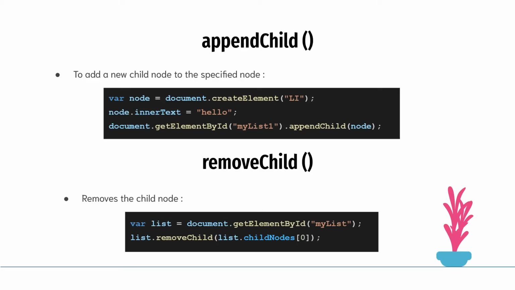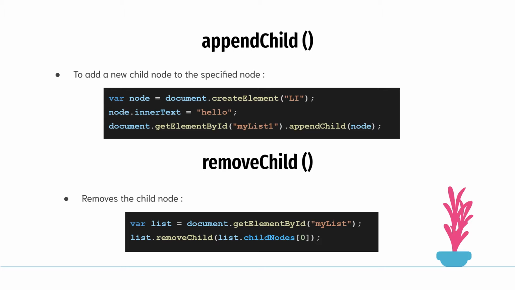In this video, we will see two more DOM methods. The first one is appendChild and the second one is removeChild. Suppose you have to create new elements when a web page is loaded, or remove elements from a web page that is already loaded in the browser, how can we do that? For that, we have two methods: appendChild and removeChild.